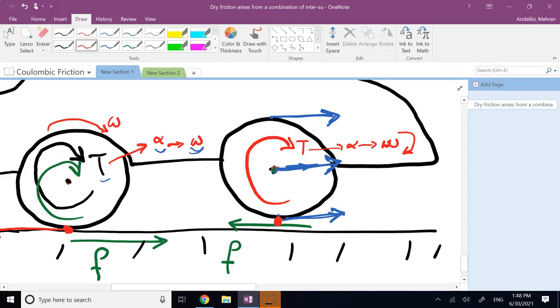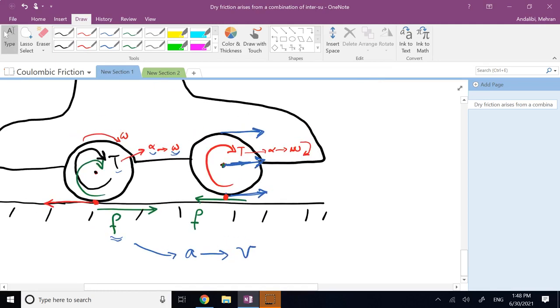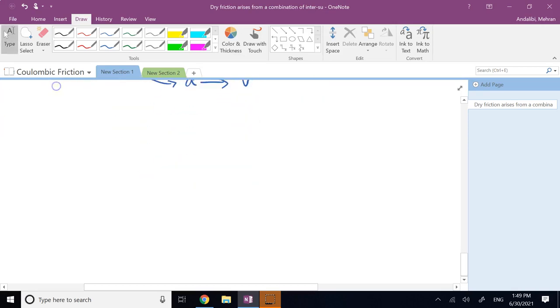wheel. But as you clearly can see in the beginning, the direction of friction acting on the driving wheel and on the driven wheel are in the opposite directions. Okay? And so this is what you have in the beginning of starting the motion. After that, when the car starts to move, it is all static friction, and it's not really affecting the energy of the system. And as you know, if we have rolling without slipping,